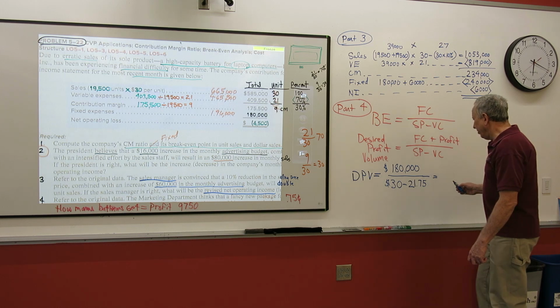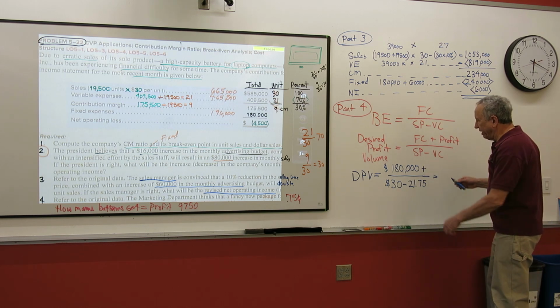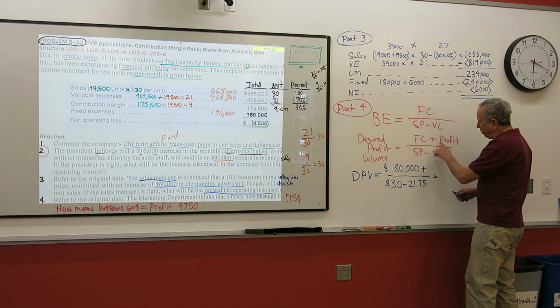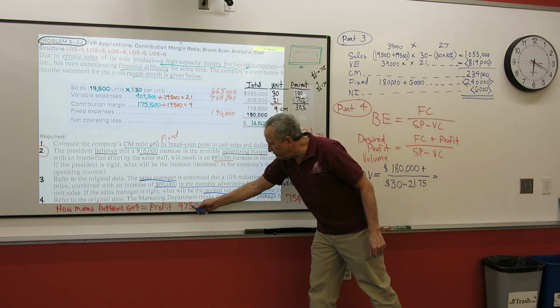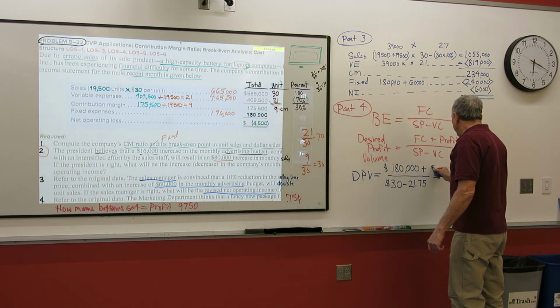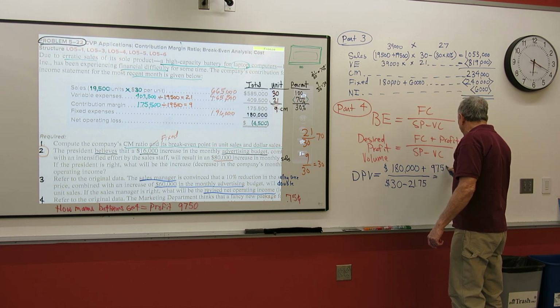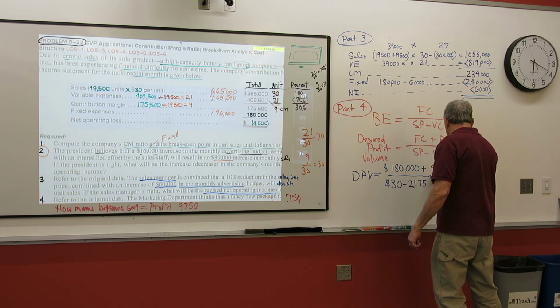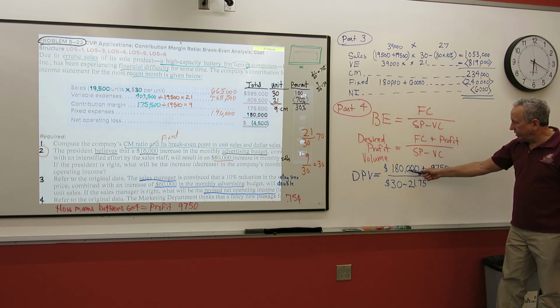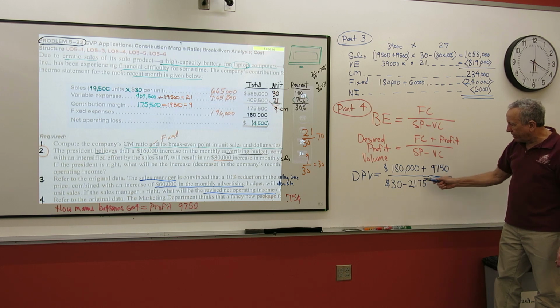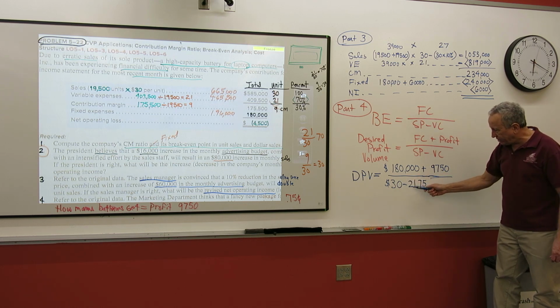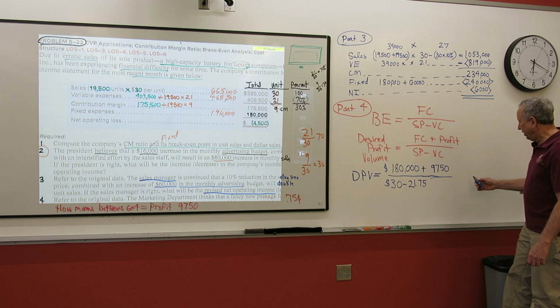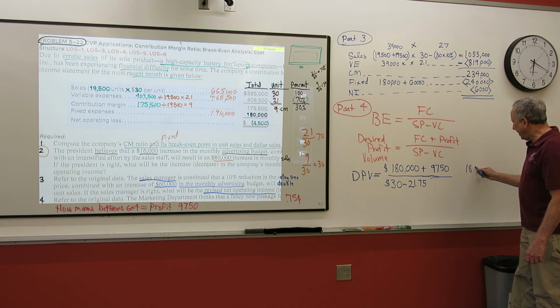If you do the math here, by the way, I did forget one thing. You also have fixed costs, but you want a profit. You want to add the profit to the numerator, $9,750. So I add the $9,750 to the profit. And when you do all that, let me just erase that. There's your numerator, the $180,000 in fixed, plus your desired profit, divided by, again, basically your selling price minus your variable cost. This is going to be $189,750. That is what this company desires.